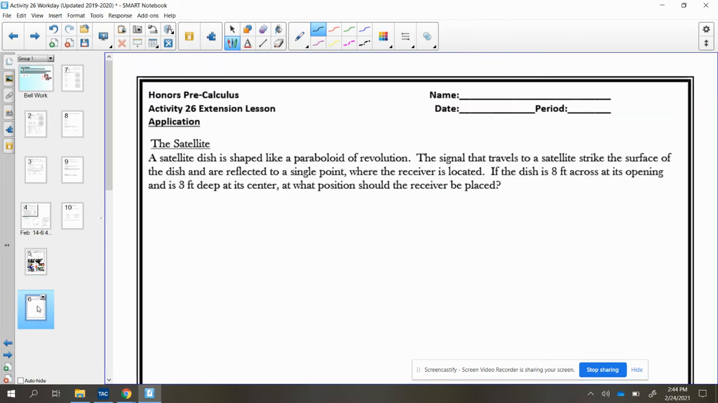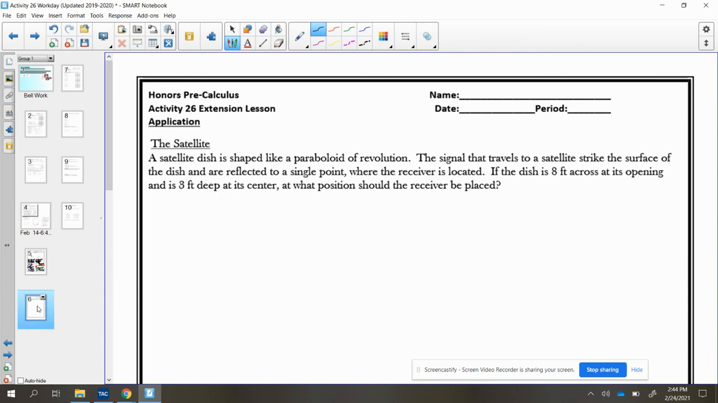All right, last example for today is a word problem. So it's on the back of these notes, or if you're taking notes in your own notebook, follow along. It says we have a satellite dish that is shaped like a paraboloid of revolution. The signals that travel to a satellite strike on the surface of the dish and are reflected back to a single point where the receiver is located. If the dish is 8 feet across at its opening and 3 feet deep at its center,